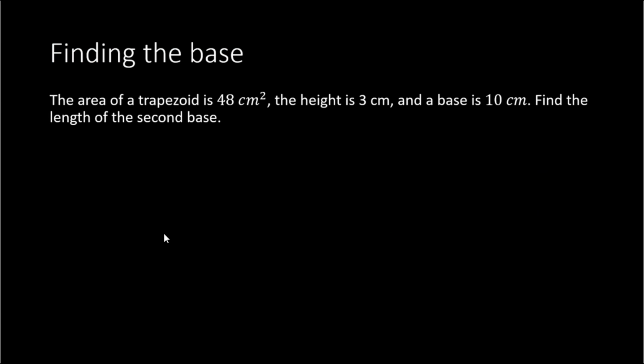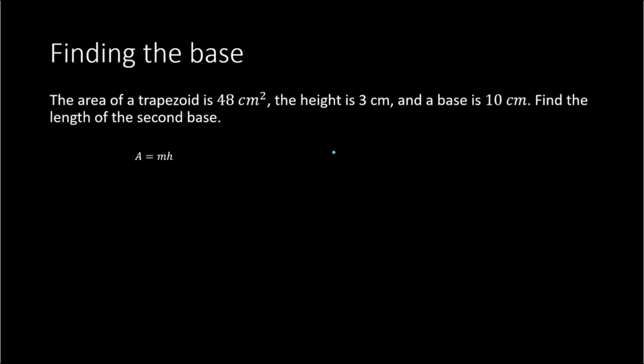Now that we know the area formula for a trapezoid, there may be times, such as this example, where you need to use the formula to find a different part. So instead of finding the area, here we're trying to find the base. So in this problem, we're told the area of a trapezoid is 48 centimeters squared. The height is 3 centimeters, and one of the bases is 10 centimeters. And the question is to find the length of the second base. Now if you want, you could draw a picture, but you don't need to. We could just use our formula, where we know the area of a